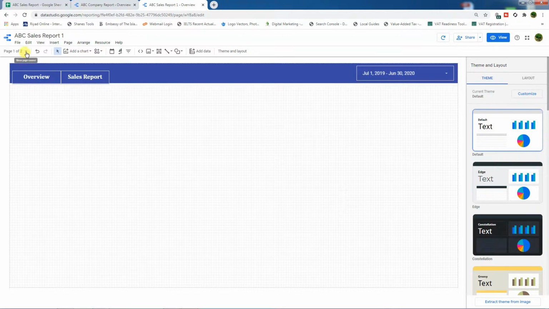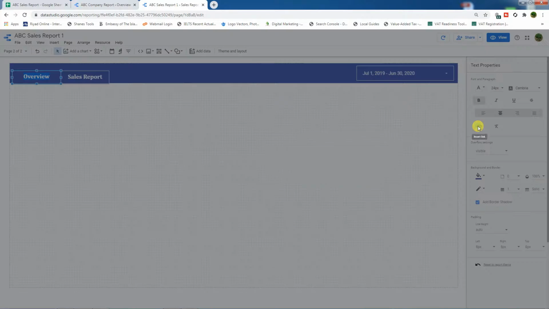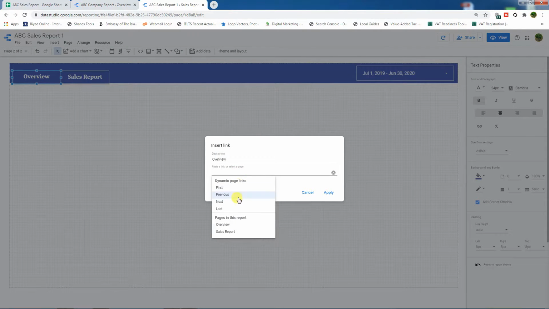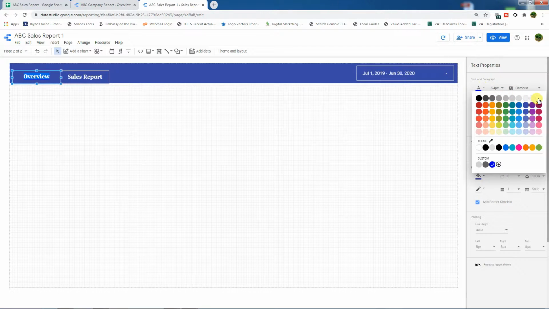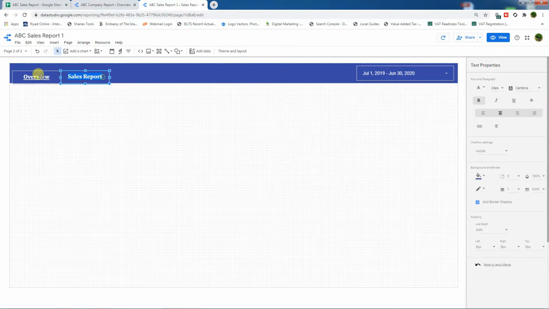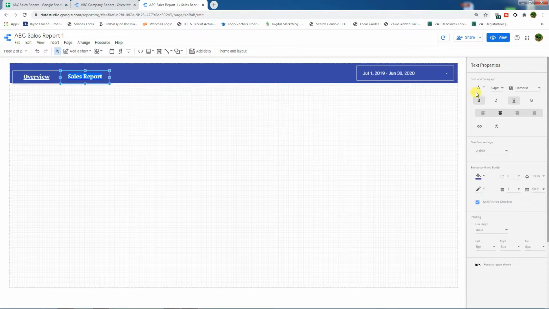Now what happened here, as you can see here, if you click on sales report page, you have these tabs. Now we need to connect these tabs to the pages we have created. The overview page, select link, click on here and click on overview, apply, reformat this to white. This one we need to create and link this to the page number sales report, apply, and reformat this to